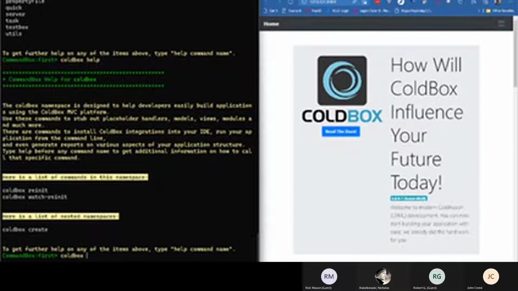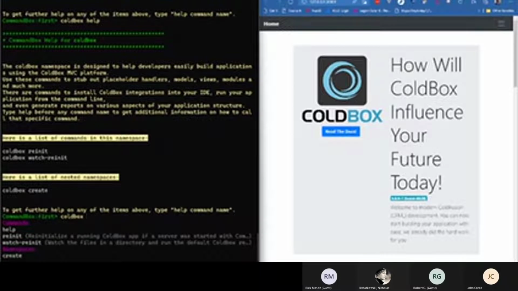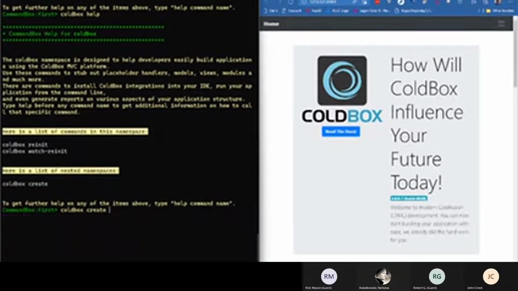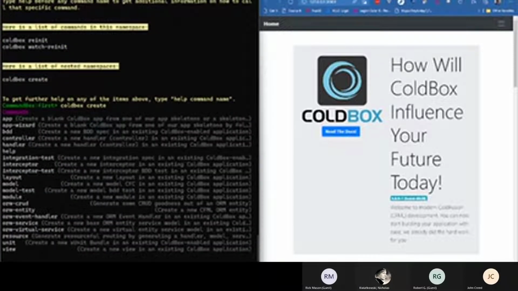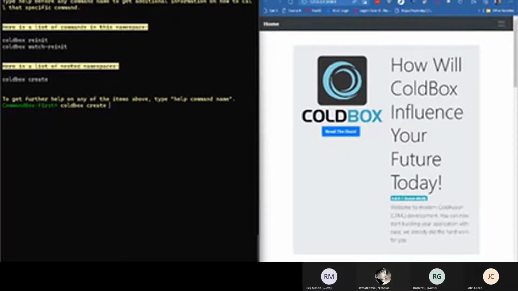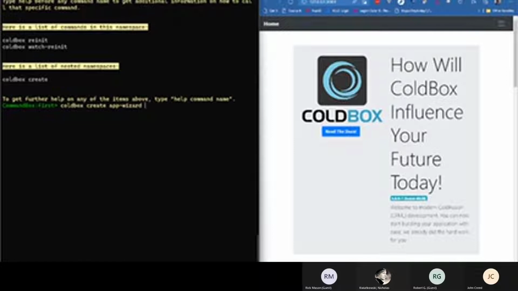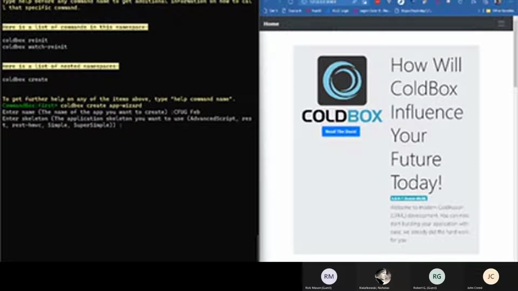I want you to see this: you hit tab while you're in here, and it gives you these commands that you can move down through. So we're going to call this February. We'll create